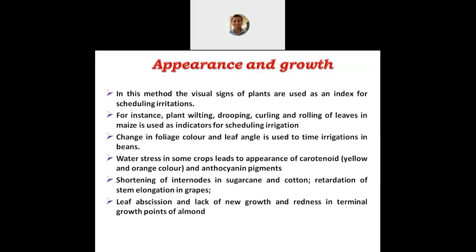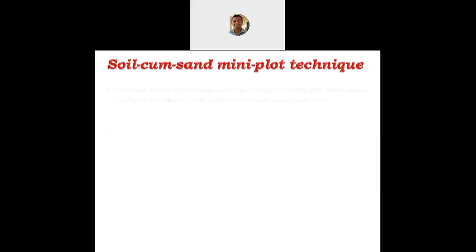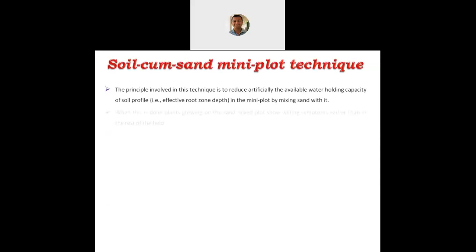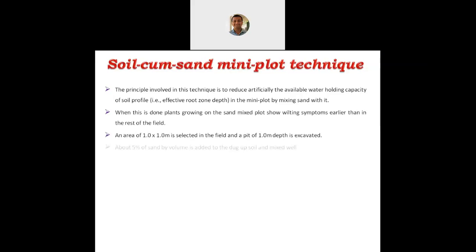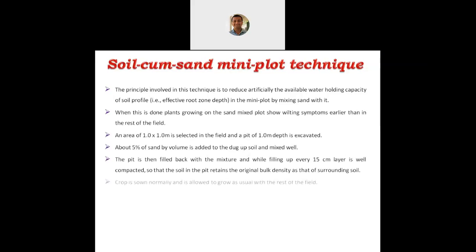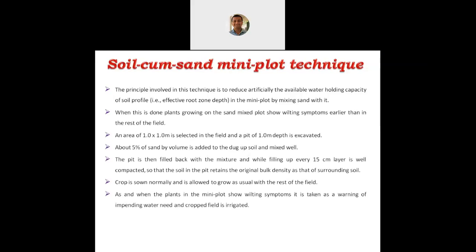So, from these physical appearances, we can determine whether the plant needs irrigation or not. The second approach is the soil cum sand mini plot technique. Here, what is done is that if you have a field, a large plot, at one point of the plot, an area of 1 meter by 1 meter is selected, and the soil from